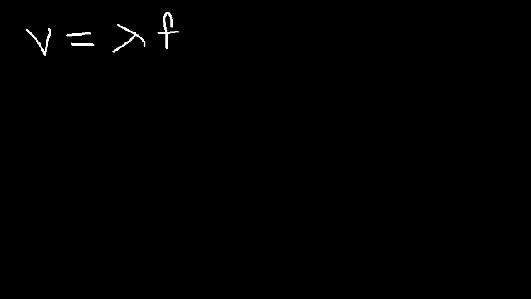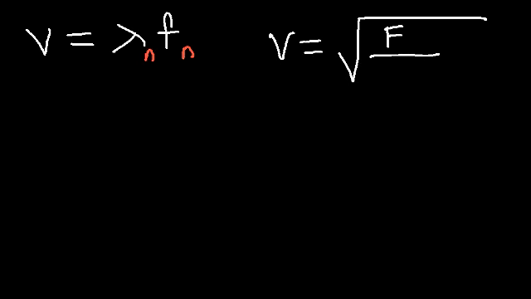So let's say if you have the wavelength of the third harmonic, you need to use the frequency of the third harmonic in order to get the speed. So the n values have to correspond to each other. Now you can also find a speed if you know the tension force, the mass of the string, and the length of the string. Keep in mind, the mass per unit length ratio is known as the linear density.